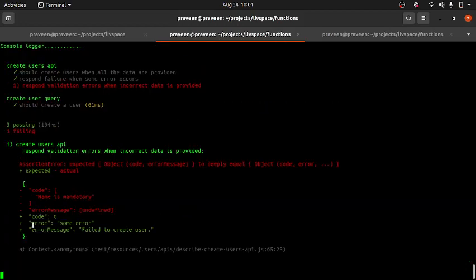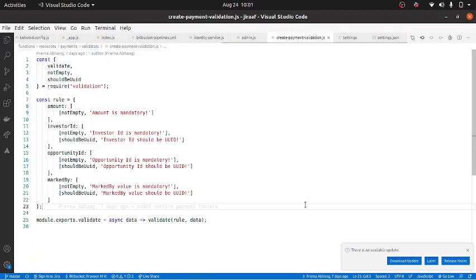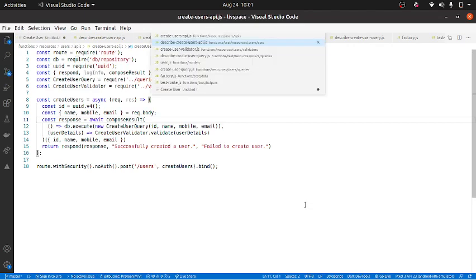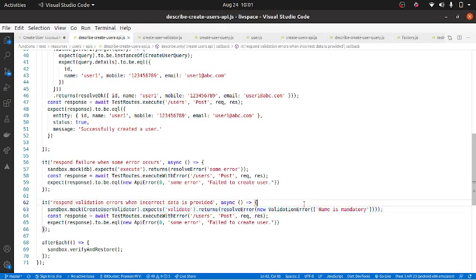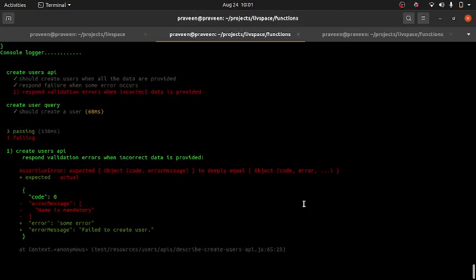So let's take a look at that. Name is mandatory, error message is this, code is okay. I think I made one small mistake there. Control B. Let's go to create user validation error, code is 0. So let's take a look at the error. Okay, code is 0, error message is this, some error.